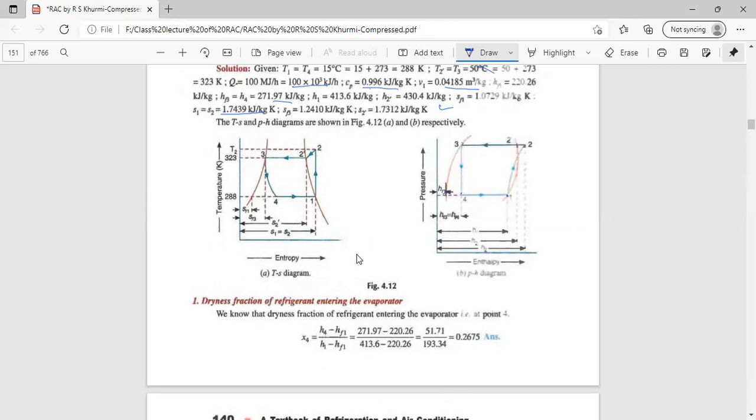So total from here to here, that is the total latent heat of absorption that takes place. So total heat divided by the fraction of the heat, which is given by the dryness fraction itself. That is X4 = (H4 - HF1) / (H1 - HF1). If we put in the respective values we have brought out, we will have the dryness fraction at 4 as 0.675. Next question was